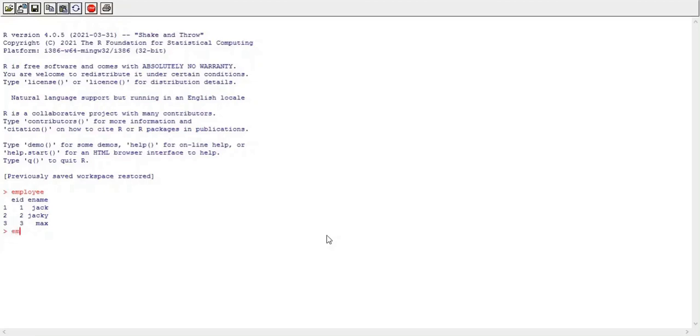Okay, so here the syntax for adding a new row into an existing data frame by using the rbind function is, first we need to write the name of the data frame, that is employee equals rbind. Then my first parameter is employee, that is the name of my existing data frame, because I'm going to bind a new list, a new row, to the existing data frame. That's why the syntax is like this.